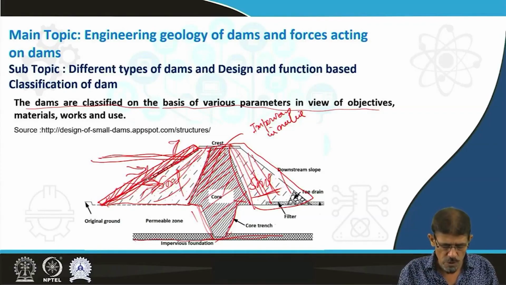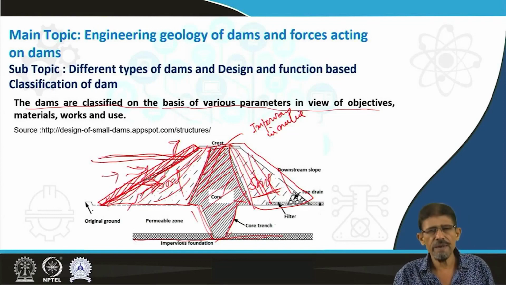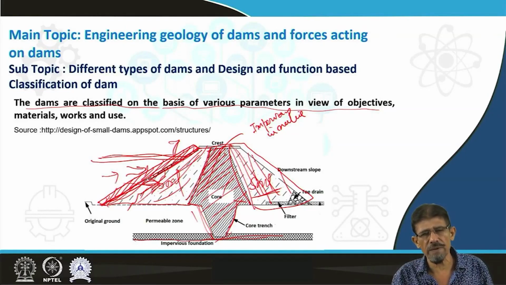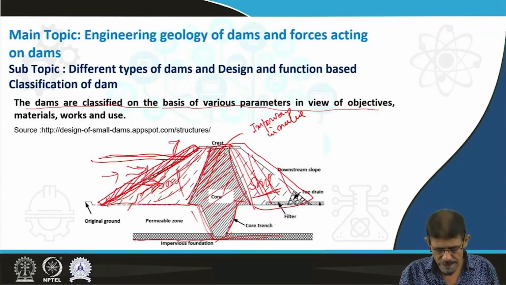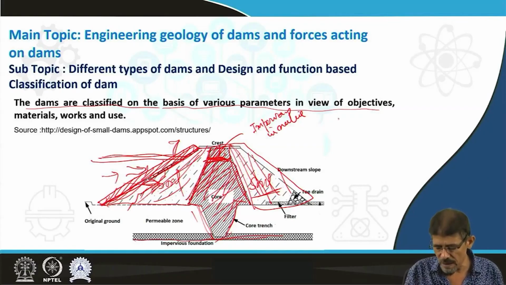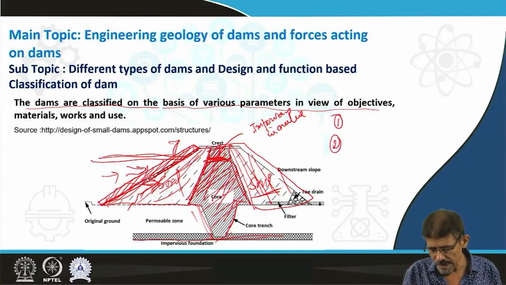Sometimes we modify the slope of this dam to maintain the stability of this upstream side under the impact of water, etc. Sometimes what happens, we make this structure out of concrete, which is not going to stand. In this way we are going to categorize the earth dam in three categories. Homogeneous earth dam,